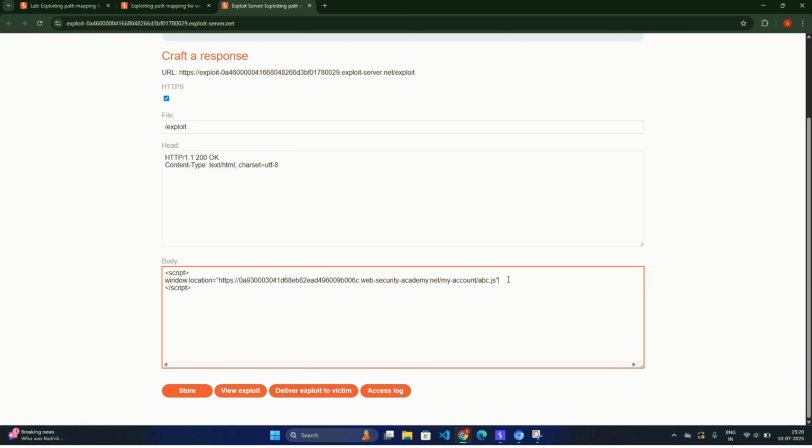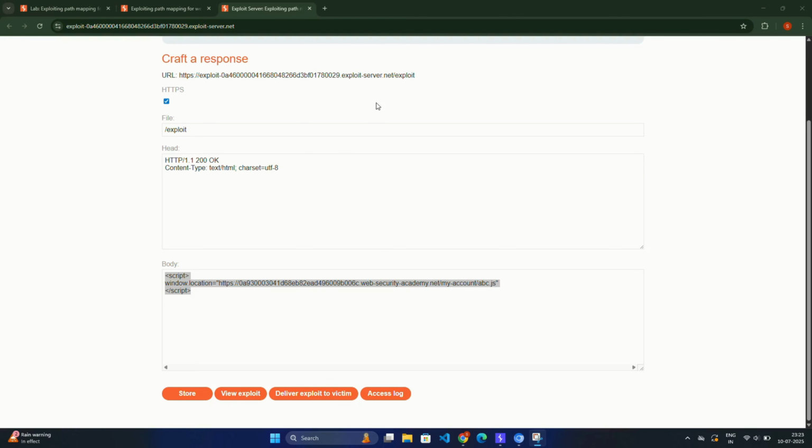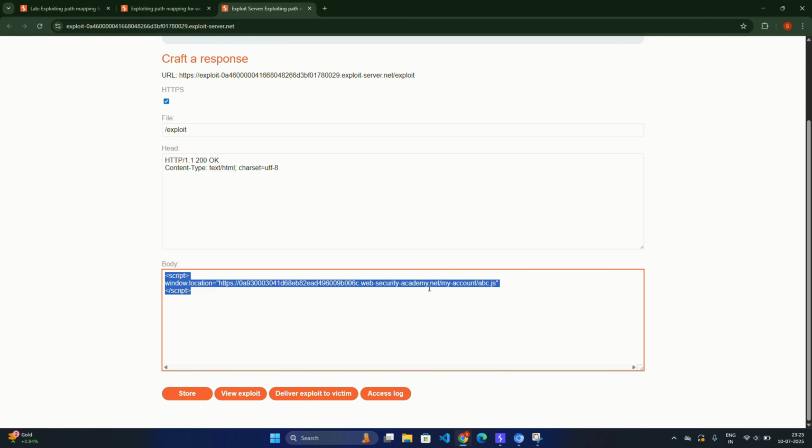Okay, let's see what this script is doing. In order to get the private information of user Carlos, we need him to visit this particular link so that his private information gets cached onto this particular URL. So we wrote a script tag and published it on our website. Now, whenever the user visits our website, this particular command will make him visit this URL, and so his private information will get stored on this abc.js.